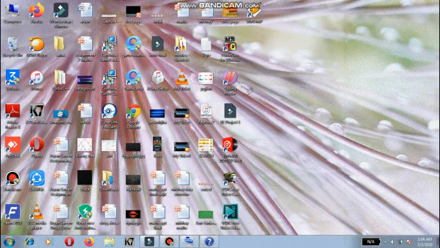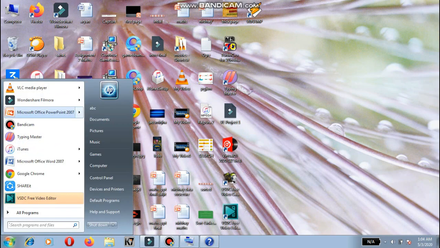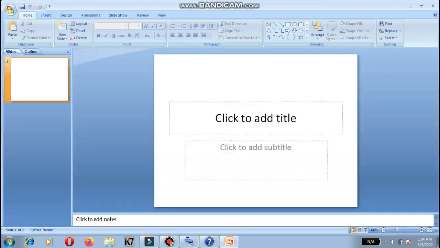So here's my trick 1. In this trick, I'm gonna tell you about how to bold, underline or italic the text using some keys. So to perform this activity, we gonna open Microsoft Office PowerPoint. You can also perform this trick on Microsoft Word. So let's start. For your better convenience, I have opened on-screen keyboard.